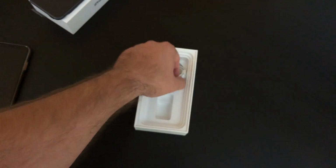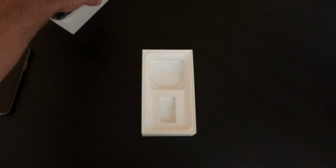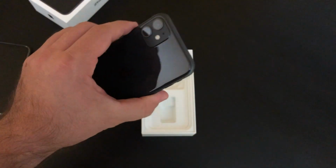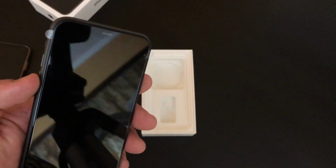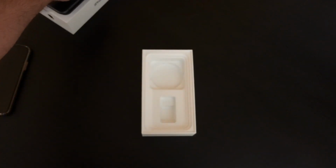So I'm gonna use this phone throughout tomorrow, and then I'm gonna do another follow-up video, just letting you guys know what I think about it. I think I'm gonna be happier having a little bit of a bigger screen than on the 10S. Not that the 10S size screen is bad or anything, but I think I would,